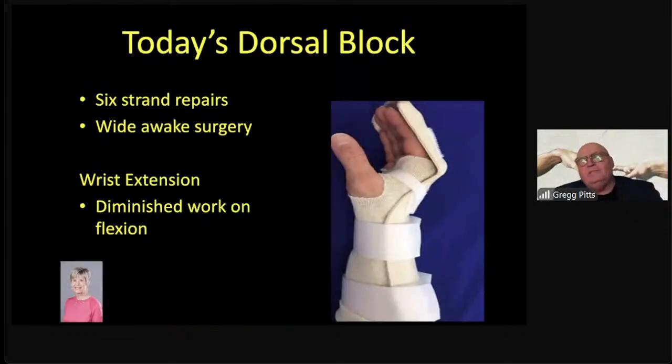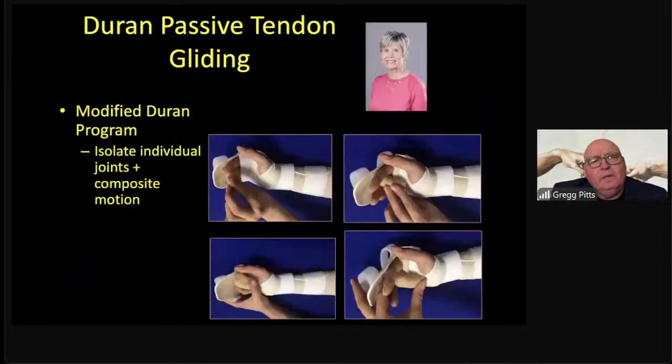So 6-strand repairs in a totally clean tendon only. We're now at orthotics where you've got the MCPs at somewhere between 60 and 70 degrees of flexion. The wrist is in 20 or 30 degrees of extension to take away the extension mechanisms, work on flexion. This is for a 6-strand repair. 4-strand repairs are still wrist in neutral or 20 degrees of flexion. Also, if you lose bone substance or tendon substance, that will change it. So we're always thinking about what is the work of flexion, what was fixed, what can we do to help make the outcome better. And then we look at modified Duran, and